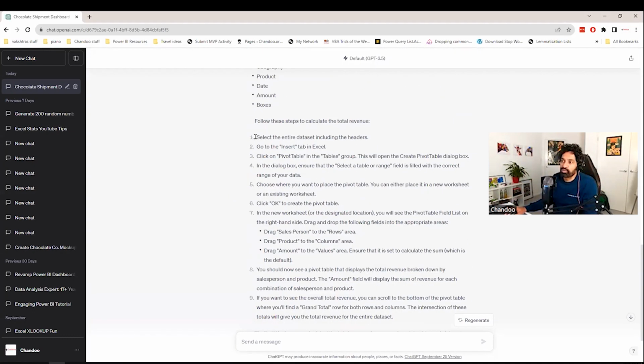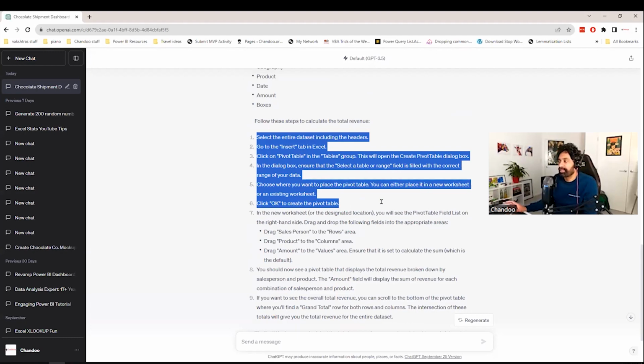This part is super helpful because, for example, most of us would know how to use a pivot or how to write a simple formula. But let's just say you don't know how to do a very specific thing in Excel, like how to set up a conditional formatting for a special condition or whatever. Maybe you know or you don't know, but you forgot the whole thing. You can ask ChatGPT that exact question, like, how do I do this? And it's going to give you that step-by-step instructions, which is super helpful.